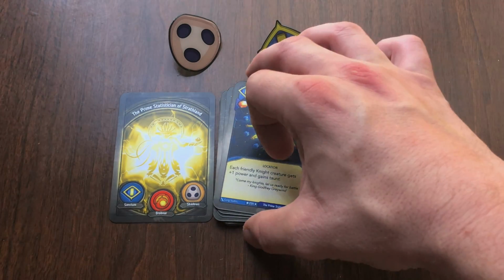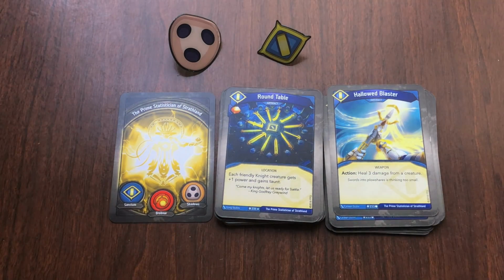Then we have the Round Table. I love this card in Sanctum. It's a lot of fun. It's one of the rares in this deck. Each friendly knight creature gets +1 power and gains taunt. So you're buffing them up, and if you spread your Sanctum creatures, your knights and stuff, or spirits out really well, then you can essentially protect every other creature from being attacked and force your opponent to only attack